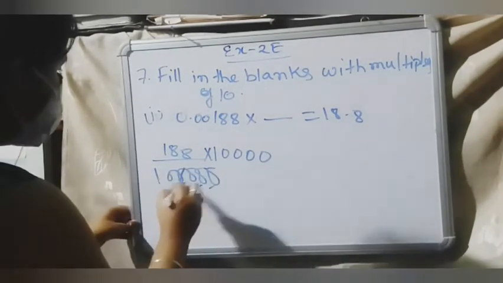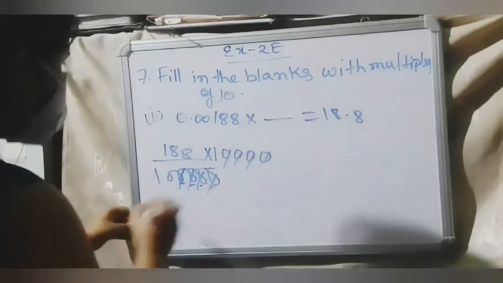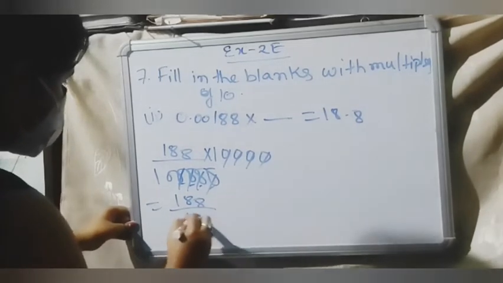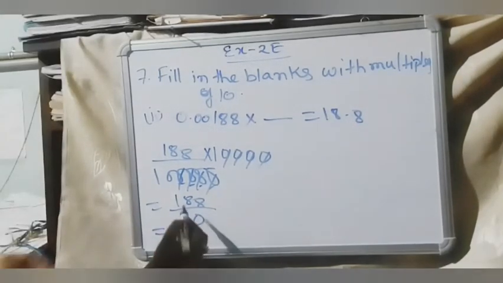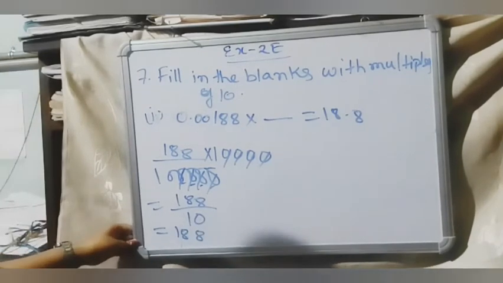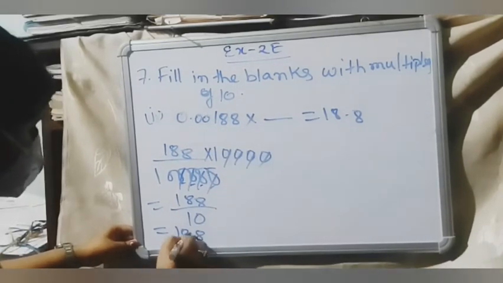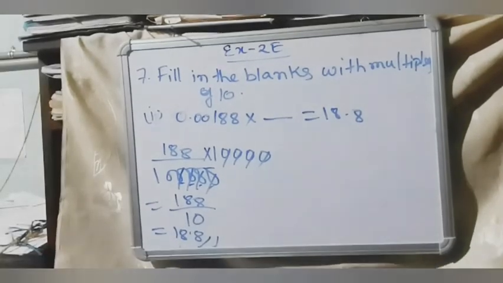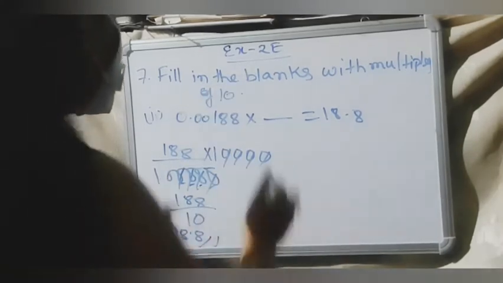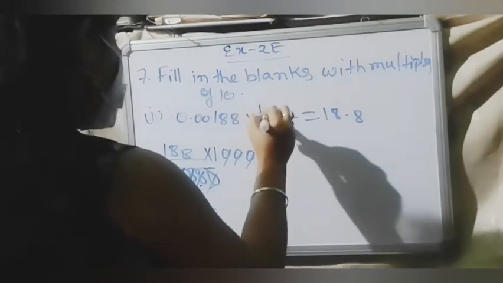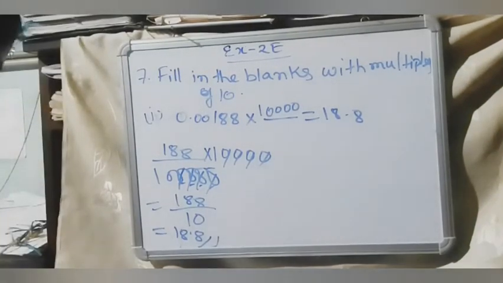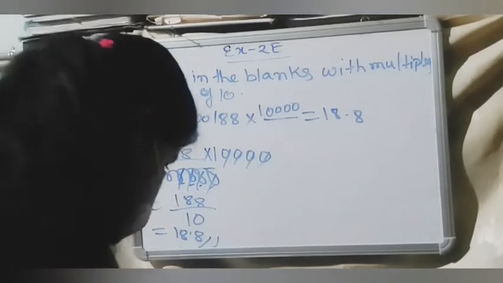Okay. Once you multiply, all these 0s will cancel. 188 into 1 will become 188. Divide by 10. Now you can shift the decimal point. You will write 188. After 1, how many 0? 1 zero. That means you will shift the decimal point before 1 digit. This is your answer. Very simple. This technique, if you utilize, you can definitely find it. Now I am filling up the blank with this. Okay, understood? So with this it is very easy.